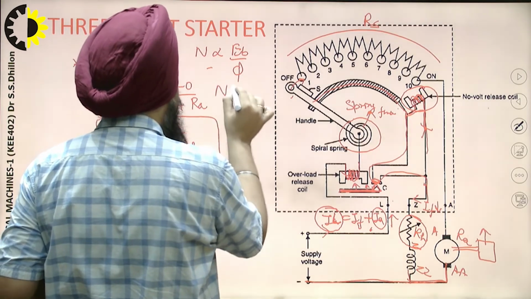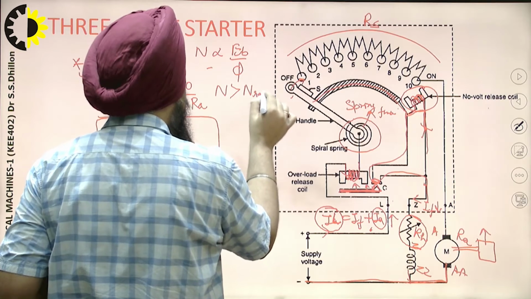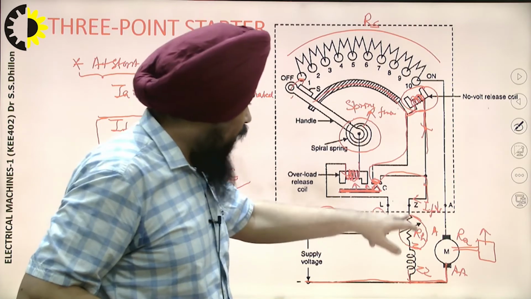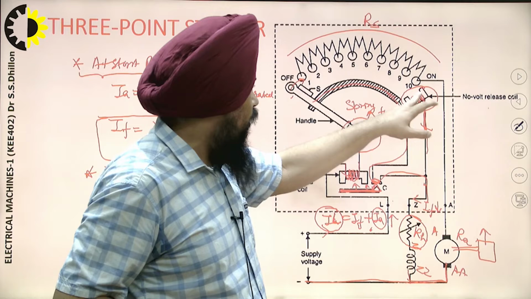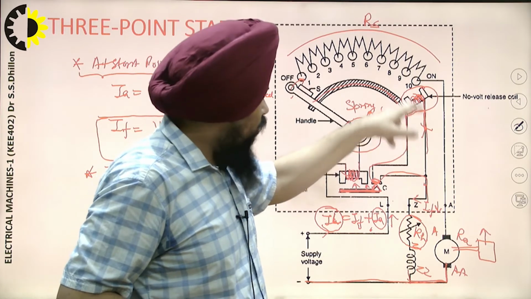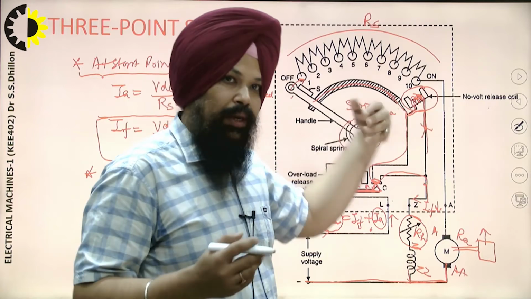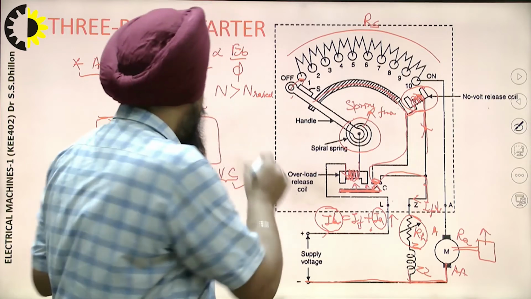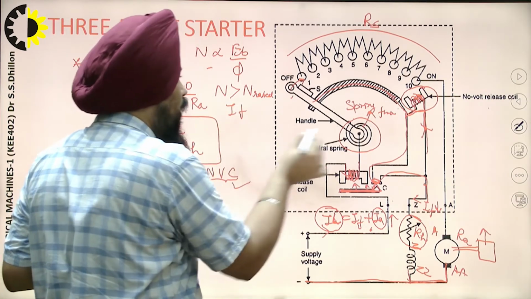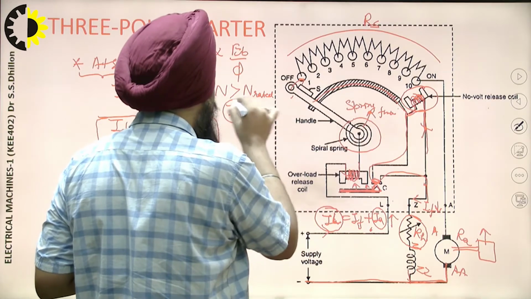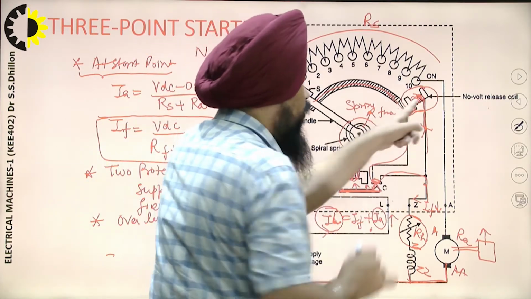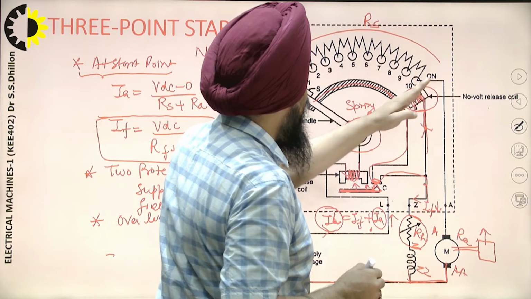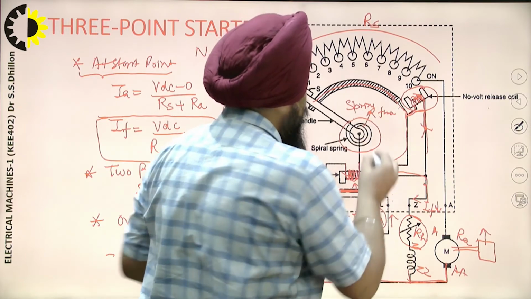When the speed is above the rated speed, we have to reduce this field current. As this field winding is connected in series with the no voltage release circuit, the current through this electromagnet is also going to be decreased as we approach the speed above the rated speed. Due to this decrement in field current, the electromagnet current is also decreased. That's why it will release this handle, and the spring force